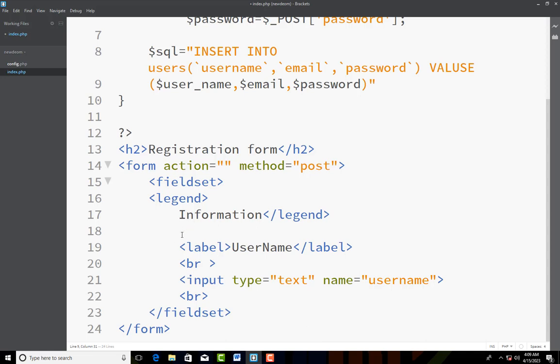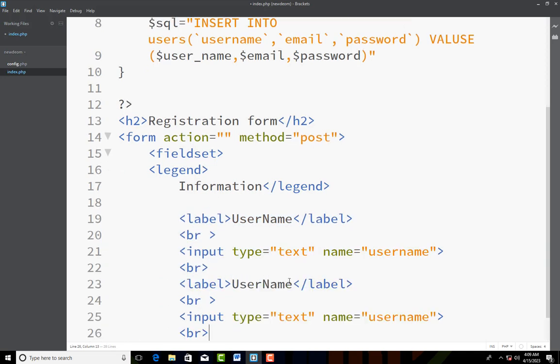Let me just copy this so that I will just edit it because of time. We have username,